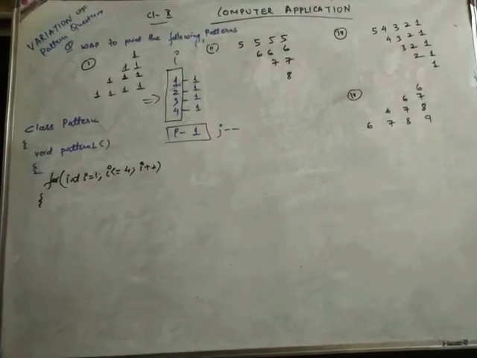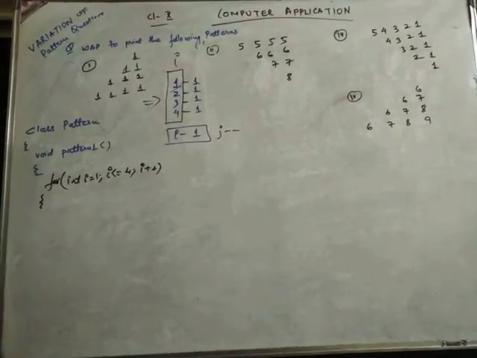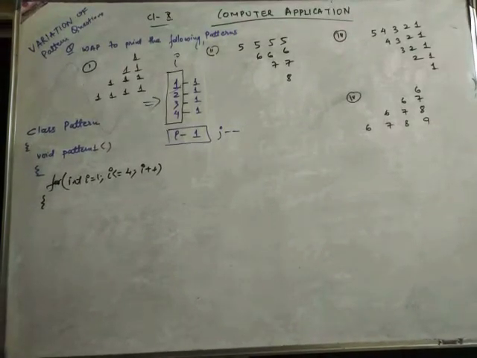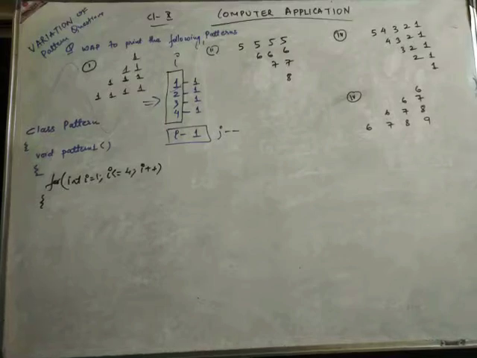Sorry, before we print the value of J, I have framed the J loop. Okay, what I have to do, I know the J loop. Now before we make the J loop, I have to make the space loop separately. Now we have to make a separate table for the space loop. How do we make the space loop?